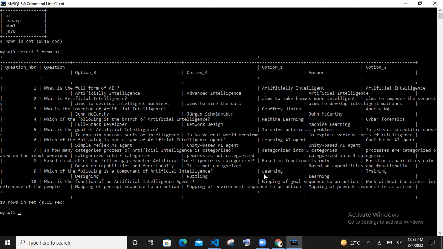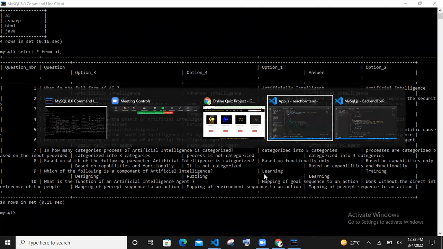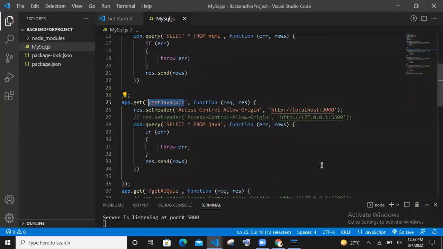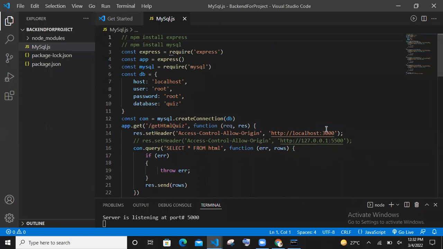So further on, we will move towards the backend development. Basically, for the backend development, I have used Node.js, and in Node.js, I have used the Express framework, where I have connected MySQL to that backend. Basically, the connections are managed by Node.js. So here are the connections of that. So basically it was our Node.js.